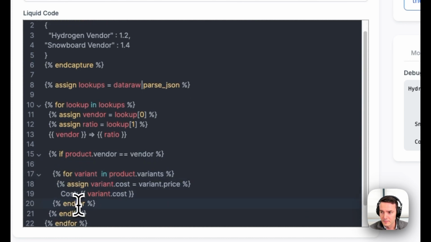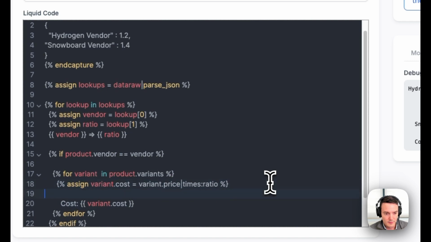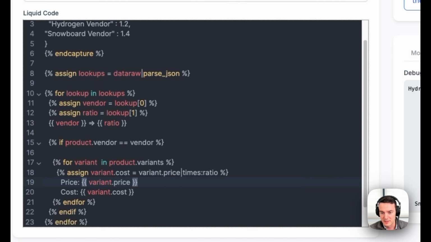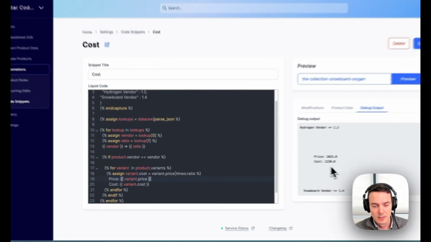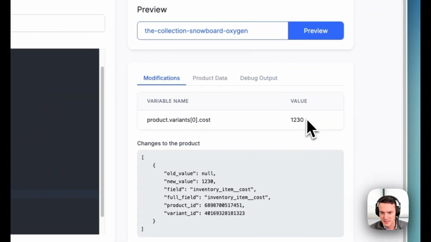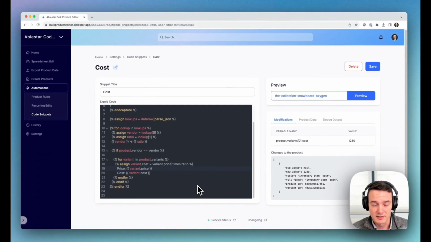And so we're saying if the vendor matches, then we'll loop through each variant and set the cost to be the variant price. We'll use the times filter for the ratio, and then for debugging we can print these out, preview it. Okay, and then we see that for this specific one the price is 1025 and the cost would be 1.2 times 1025. Going over to modifications, we see that the cost is set correctly,